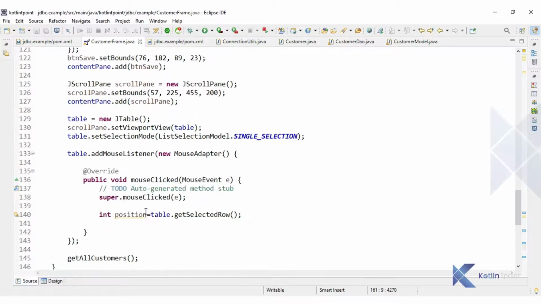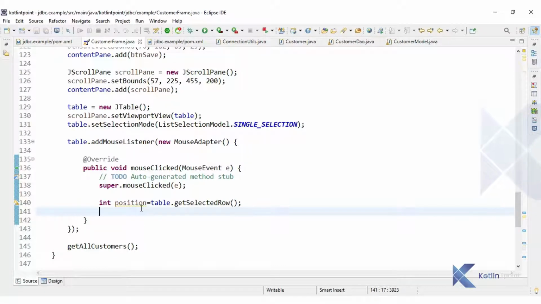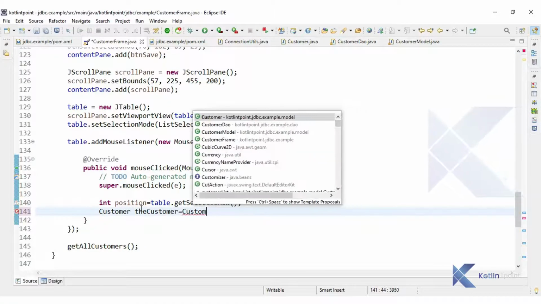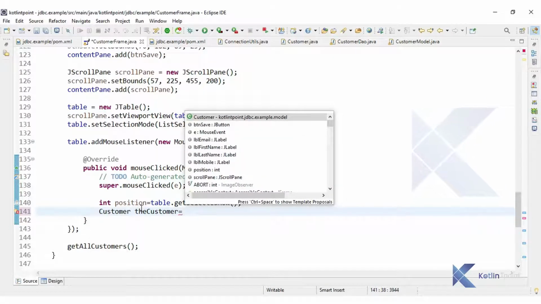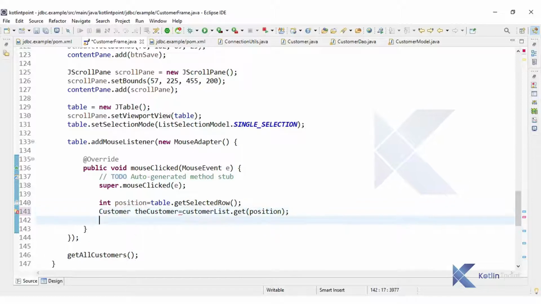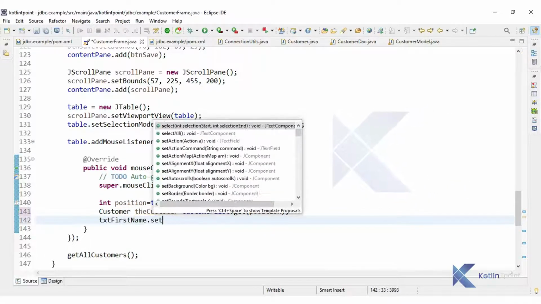So that position will help you confirm which customer is selected by the user. So customer list dot get position. Okay, and that position customer I will display with our text fields, right?